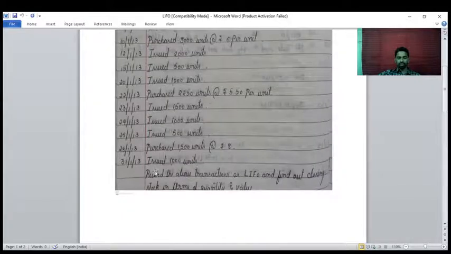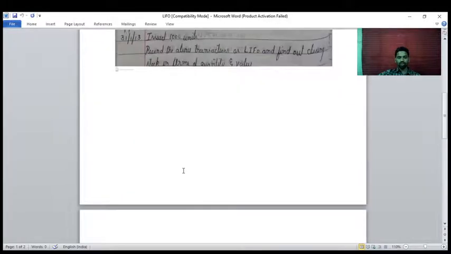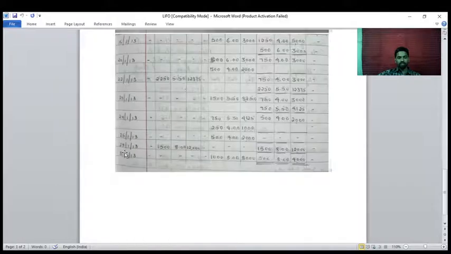Okay, so next date, 31st January 2013, issued 1000 units. Now whatever the balance is there on 28th, the balance is 1500. Out of this 1500 unit balance, they issued how many units? 1000 units, at the rate of 8, the total amount is 8000, and the remaining stock is what, 500, at the rate of 8, the total amount 4000. So at the end of the month of January, the remaining stock is 500 units, and the value is 4000.